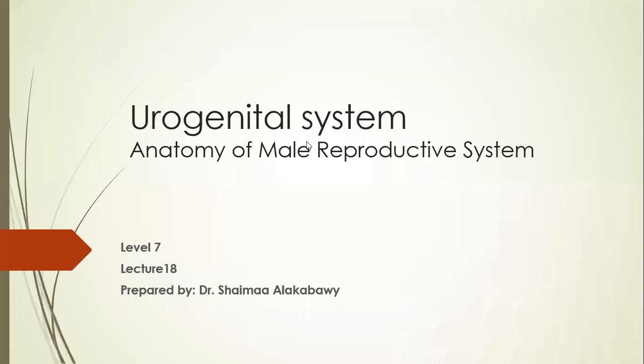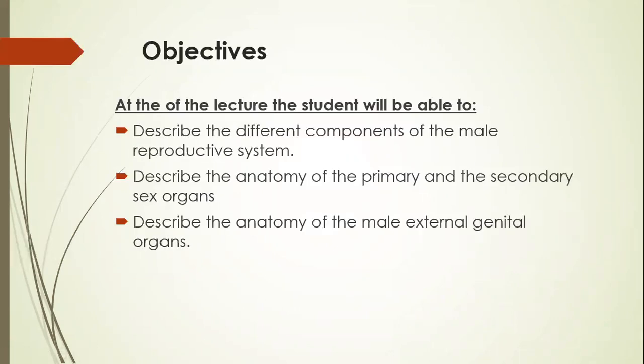Today we'll discuss the urogenital system, within that the anatomy of the male reproductive system. Today we'll discuss the male reproductive system. So these are the objectives related to your topic. At the end of this lecture, you should be able to describe the different components of the male reproductive